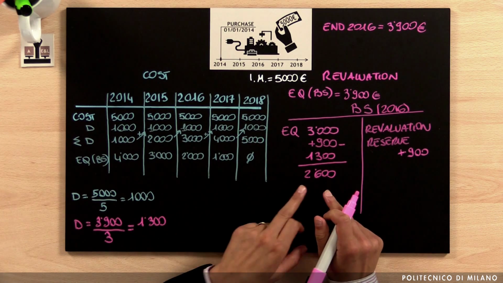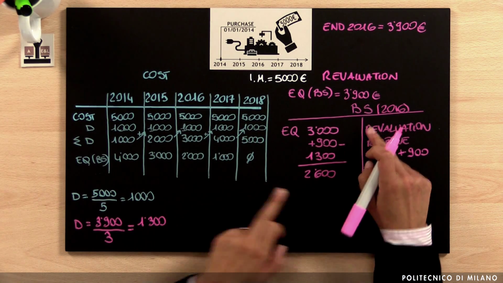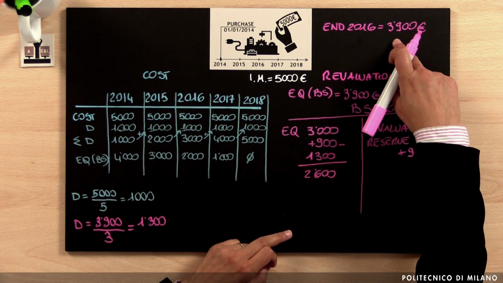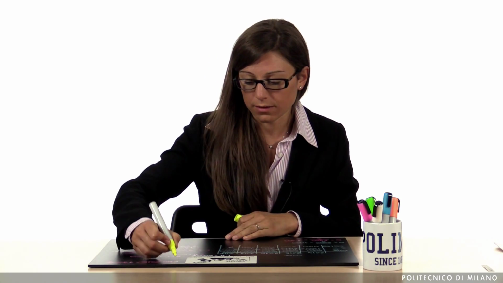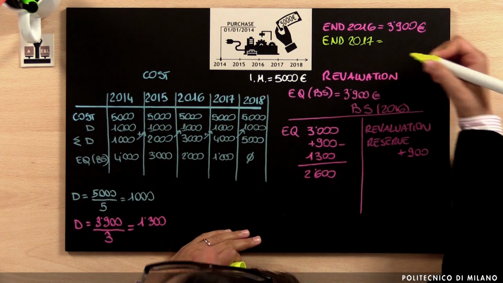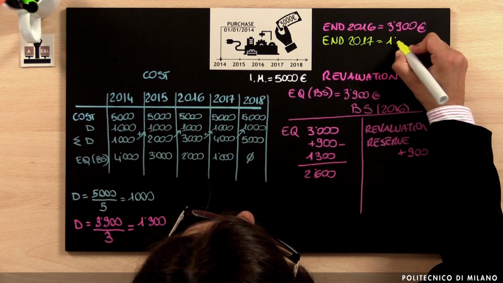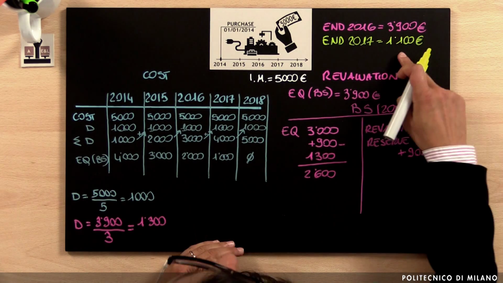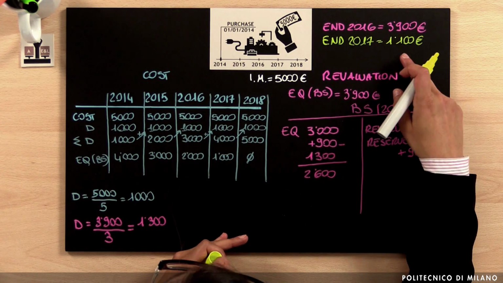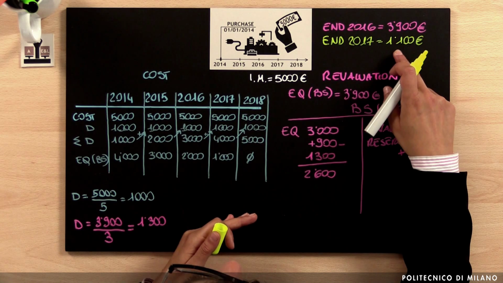So that's very different, because if we look, we have 2,600 by using the revaluation approach, we have 2,000 euros by using the cost model, meaning that we have taken into account the fair value. We can have something more, assuming that we are moving to 2017. So at the end of 2017, the value of the equipment, the market value of the equipment, is 1,100 euros. And this value is unrecoverable, meaning that, for example, a new technology has been launched in the market and the value of the equipment cannot be recovered anymore. So this will be 1,100 that cannot be recovered.